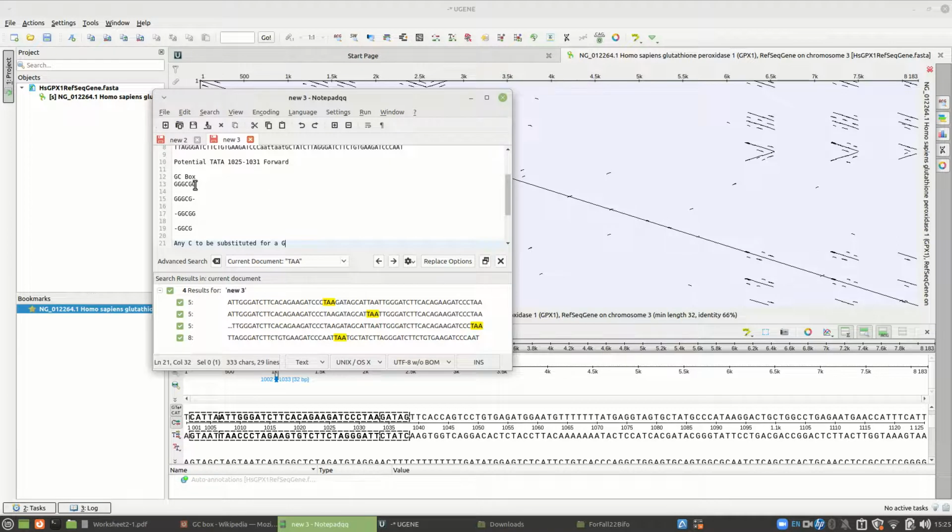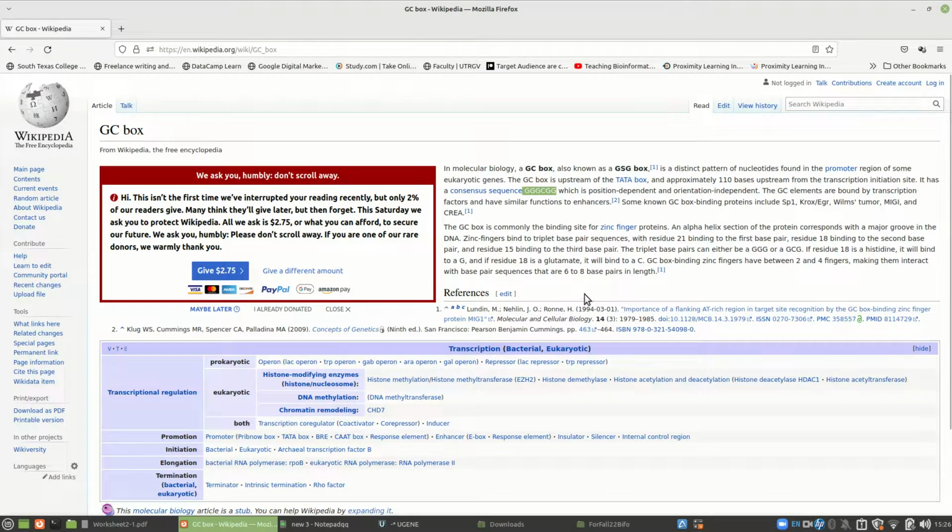Try to get it to be as close to this as possible. It doesn't have to be identical to this, but it should be close. Now, let's go look at the GC box again. Where does it say it should be? Now, I told you, because I'm working from a TATA box, that it should be 60, but what does this say? Approximately 110. Wow. Maybe we should expand our